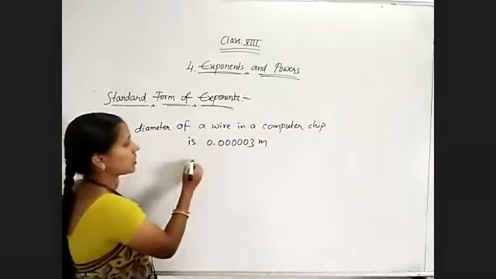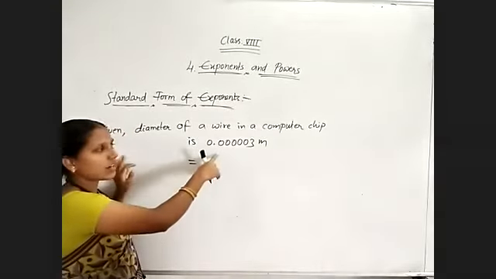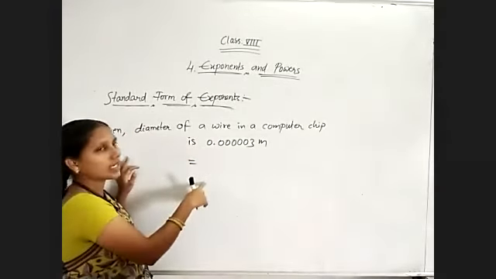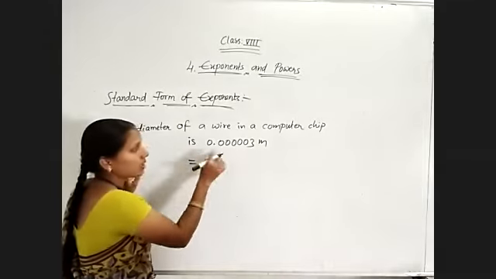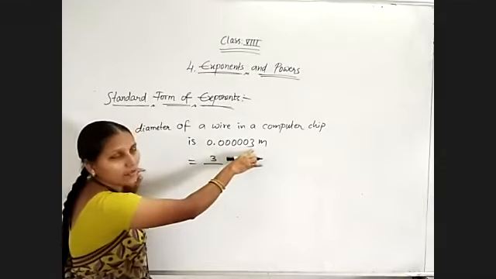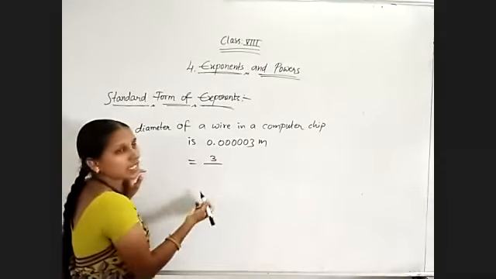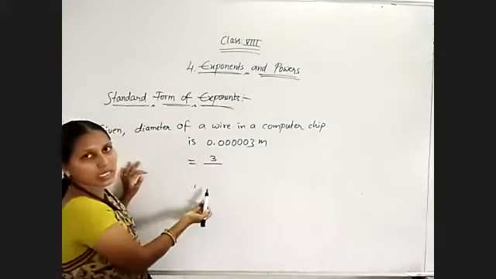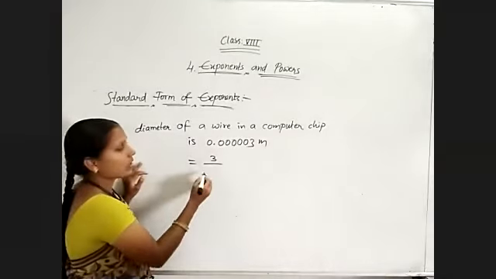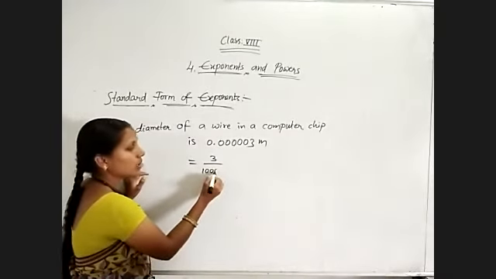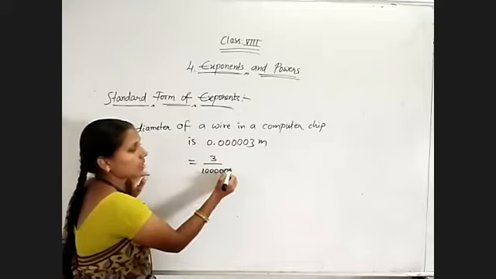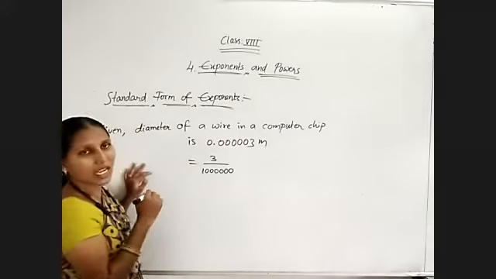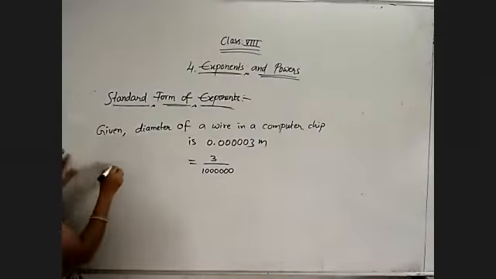So now observe this, how I am writing. First of all, convert it into fractional form. How will you get 3 by? All zeros, only 3 I have. That's why 3 is written. How many decimal digits are there? 1, 2, 3, 4, 5, 6, including 3. Total 6 digits are there. So 1, 2, 3, 4, 5, 6. How am I writing? I hope you understood. See, when we are changing a decimal number, 1.25, I want to change it as a fractional number. How can I change?